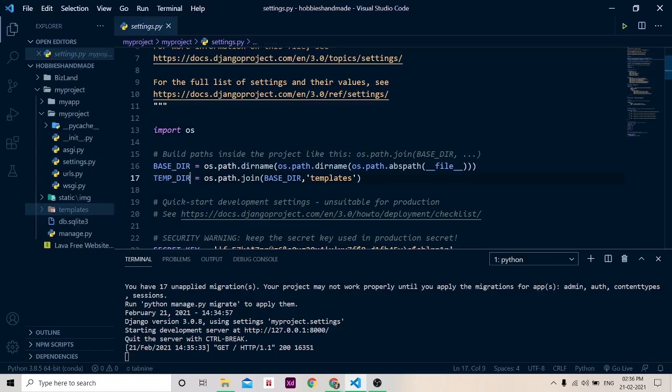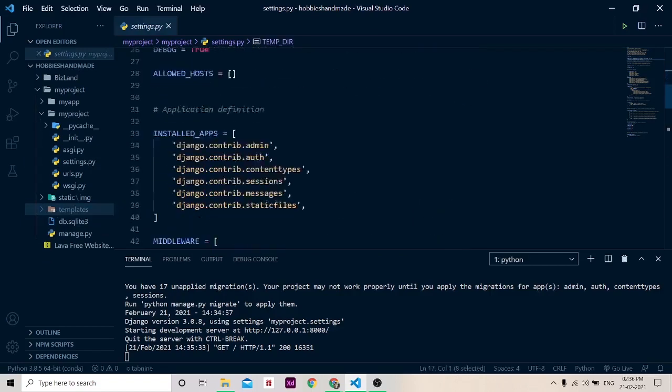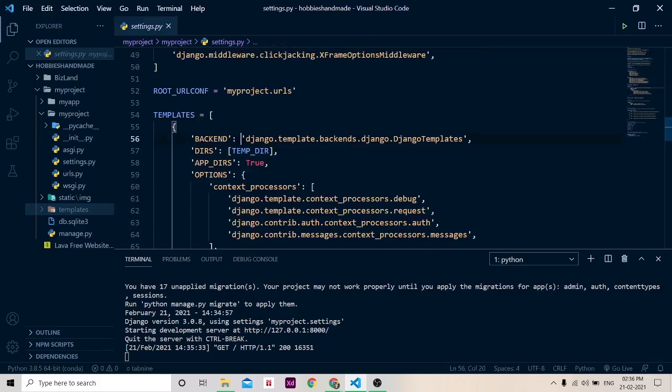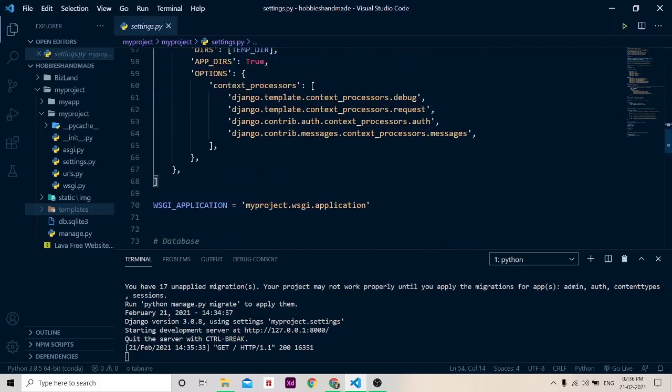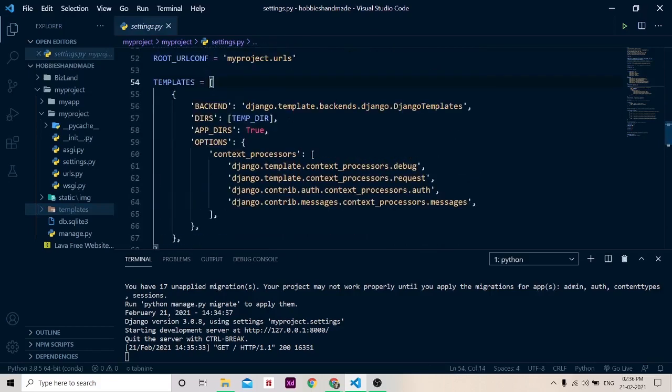So I am going to specify this temp dir variable in the templates section. Whatever templates are required, Django, or the server, will look in this templates section, and then it will grab that index.html file.